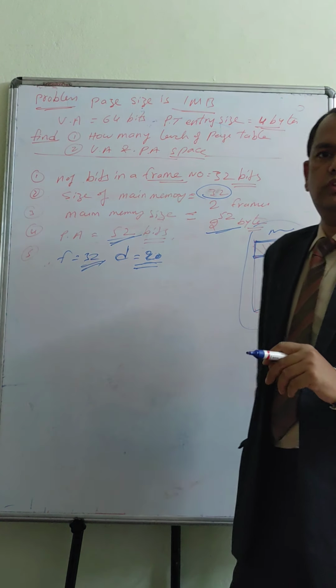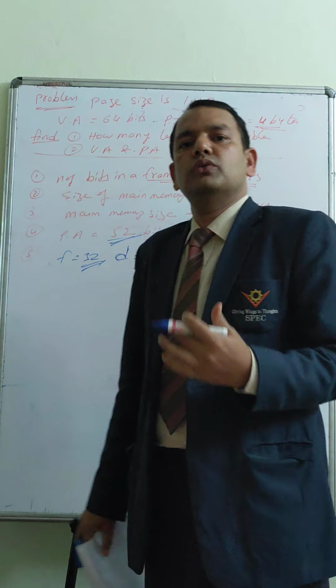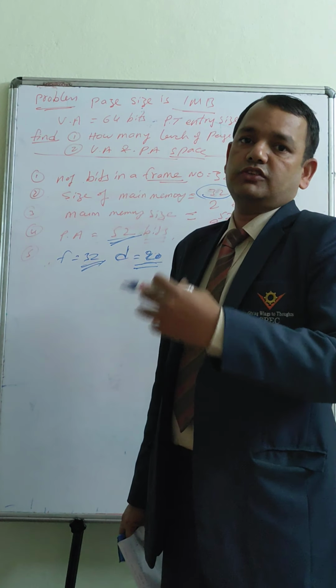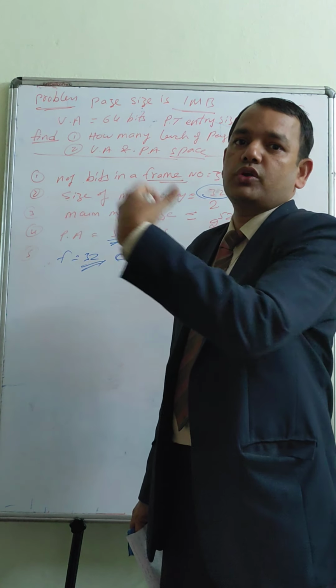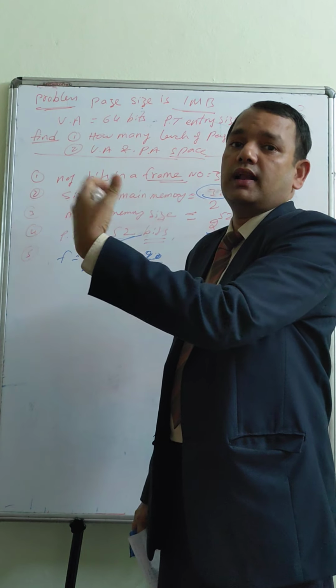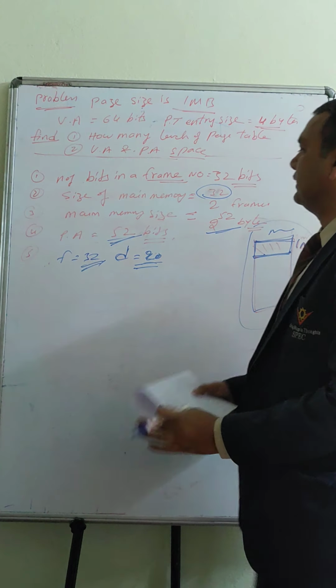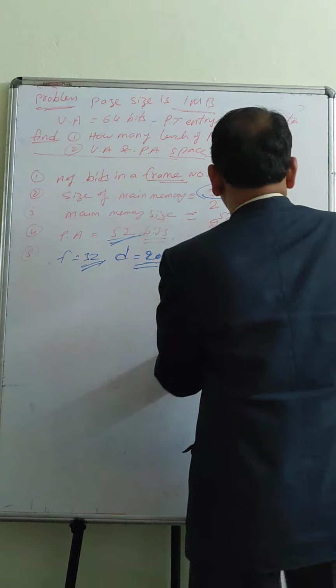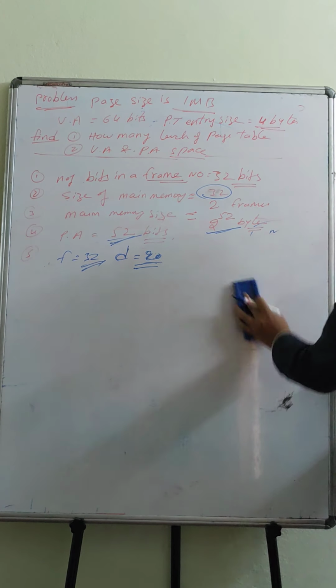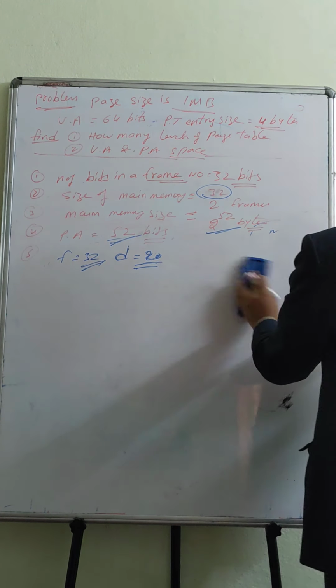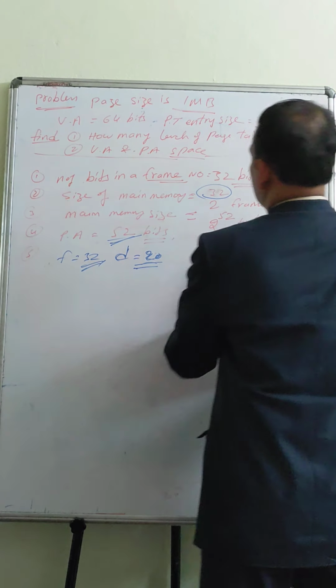If the page table is more than that, then we have to divide it into sub pages, and we'll store them in another page table. That will follow. Next we have to calculate the process size, point number 6.